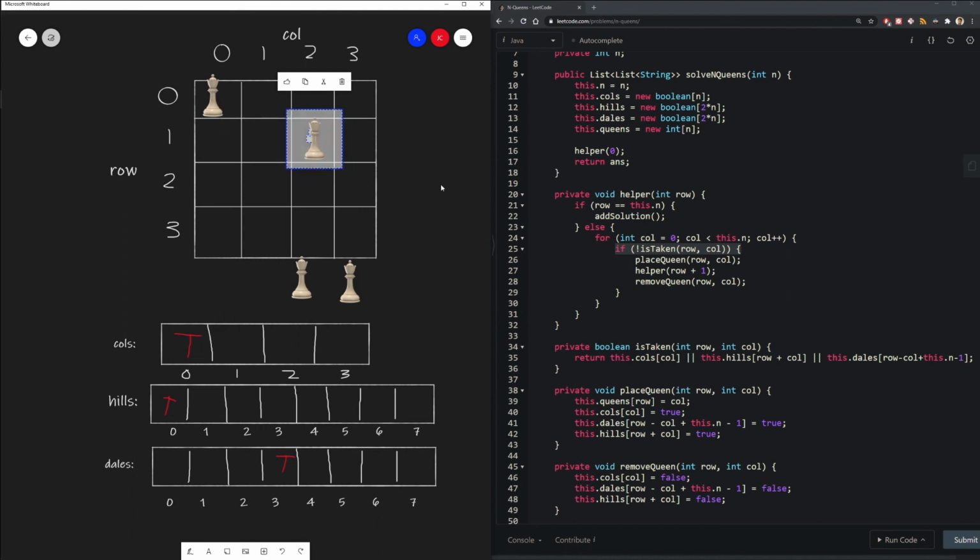So we move again and try our next column. I won't do the math every single time, but there's no conflict. And so we add column 2 to be true, and we add our hill, 1 plus 2, 3, to be true. And then we also add 1 minus 2 is -1, plus 3 is 2, so we set 2 to be true. And then we recurse and try another example. Let's just say we already know just from looking at the example multiple times that it doesn't work and we didn't hit anything. So let's say we go back to row 1,